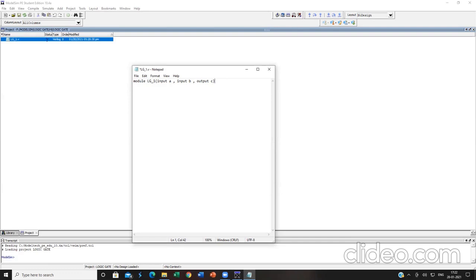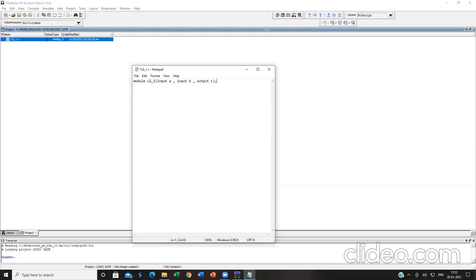There is also another form of gate called expander gate, which has multiple inputs and two outputs. The ordinary gate has multiple inputs and one output. So provide a semicolon here.